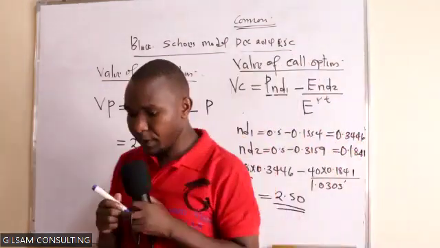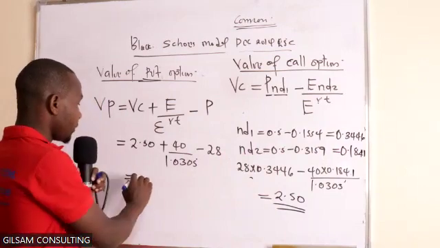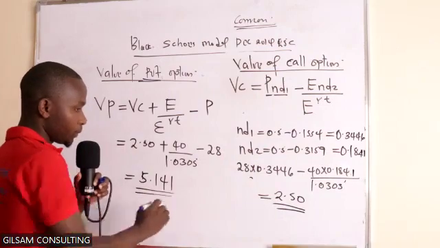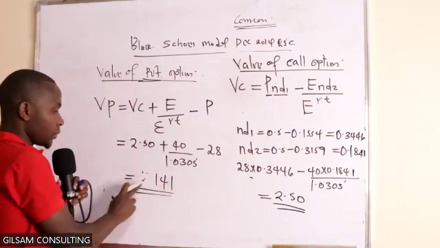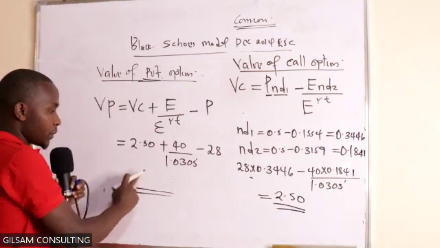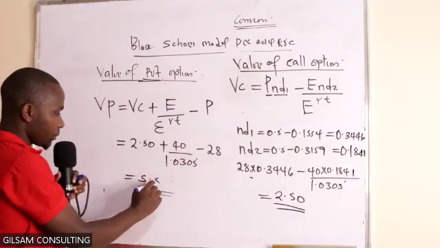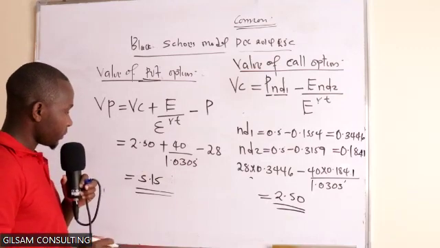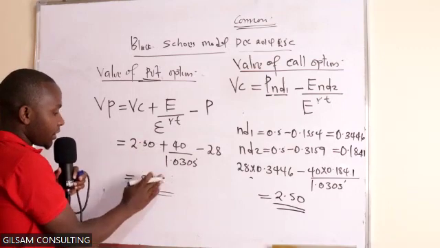5.1541. I got two decimal places. 5.5. 15. 9. Those decimal points don't matter much,